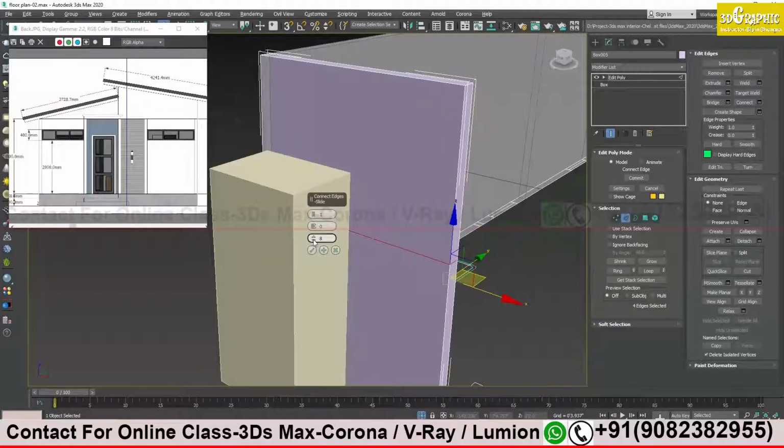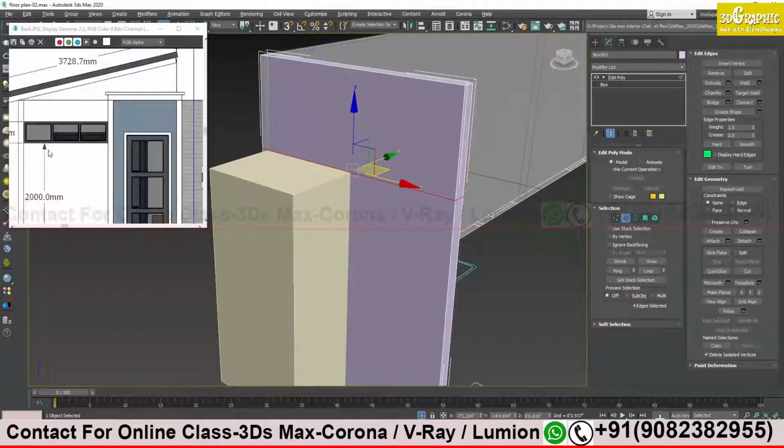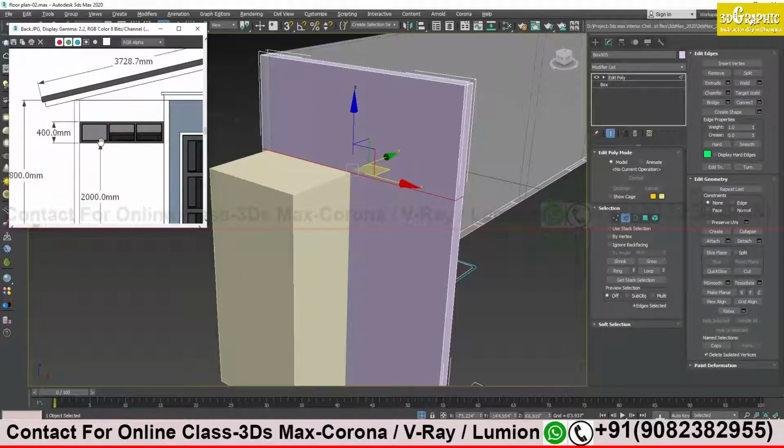Here below you have seen the value, which you can easily change to change your edge position, no? See, until it reaches the edge of my box, and then I will give a tick sign. Now this is the base of my window. For height it is again 400 millimeter from here.